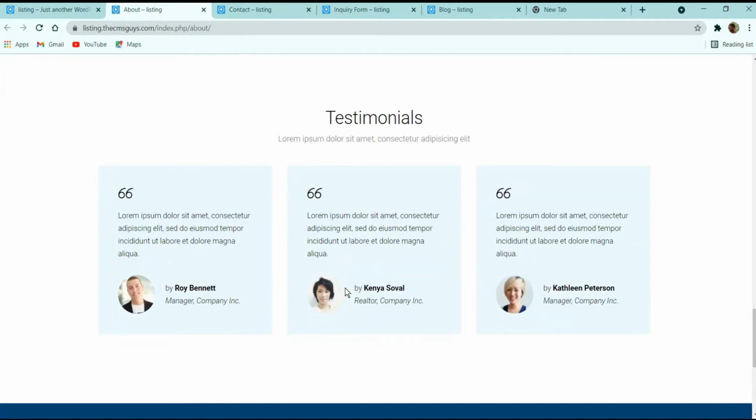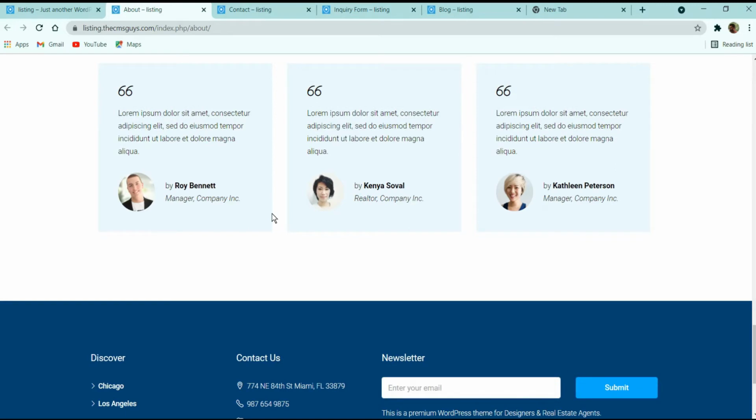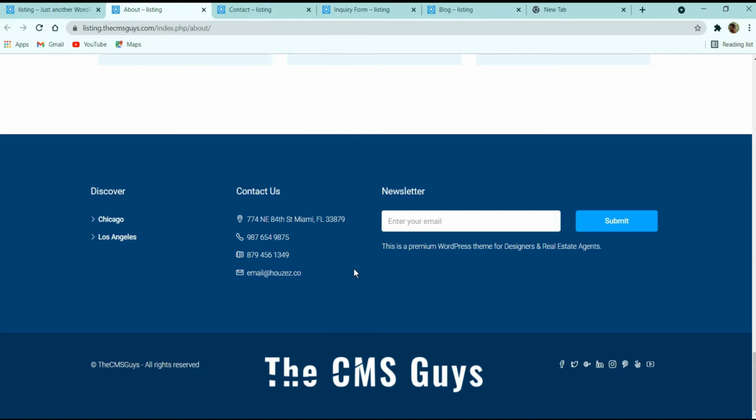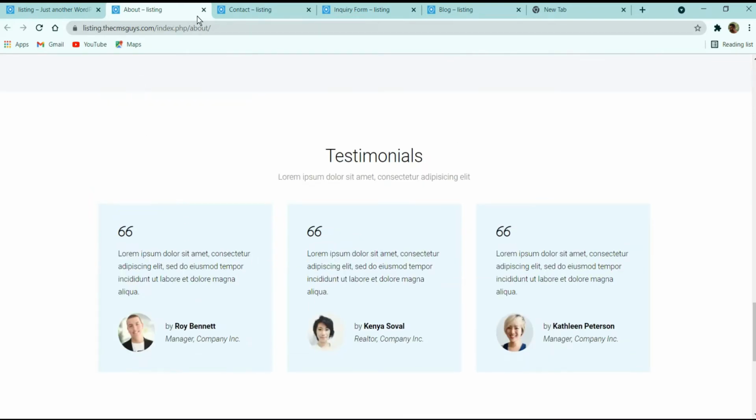Following it, you can see this testimonial section with image boxes. Testimonials from the customers. Each testimonial has some text, a photo of the customer, their name and their designation. We also have the logos of our customers at the bottom, and then at the end you can see we have the footer, same as our home page.